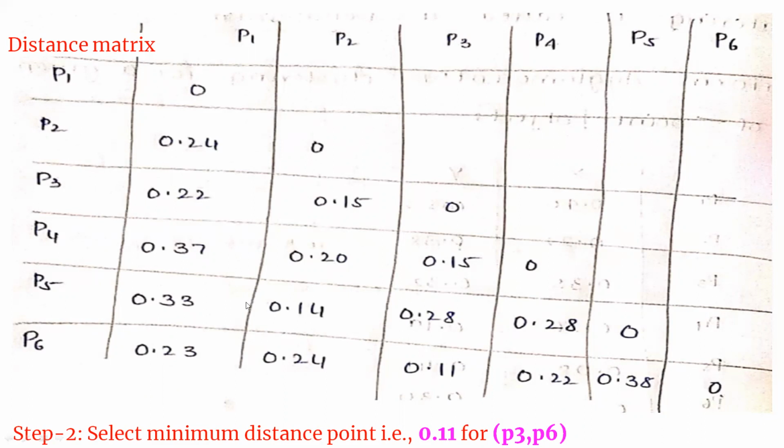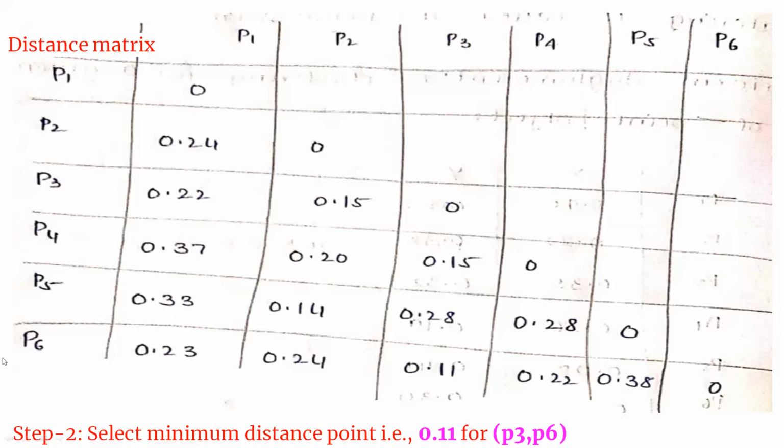You just substitute them in either the lower triangular matrix or the upper triangular matrix, the distance between these points, in the cells. Then what we have to do is find the minimum distance over all the answers we found. See, the minimum distance here is